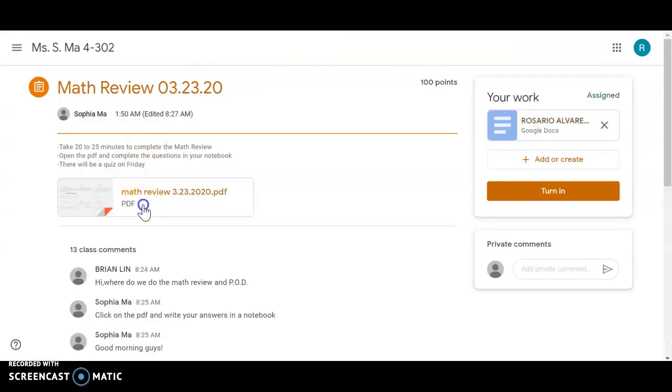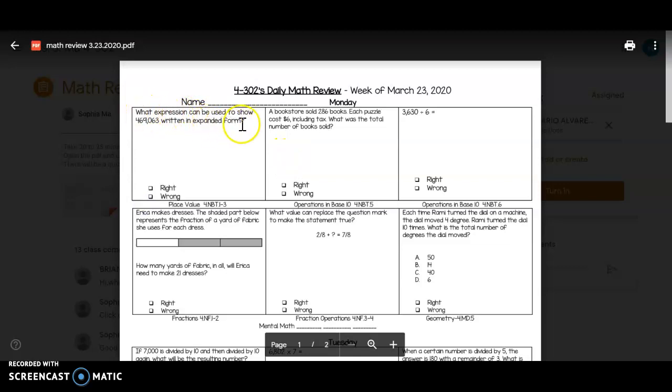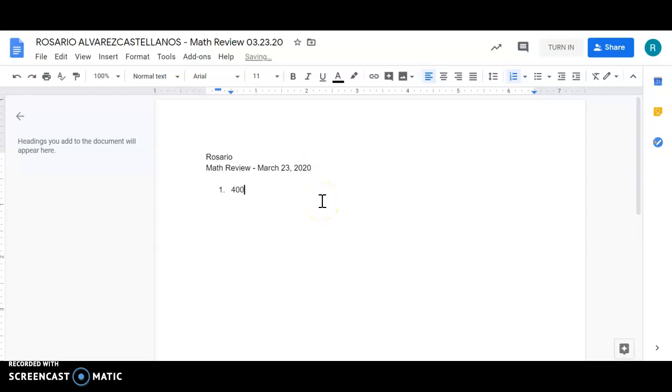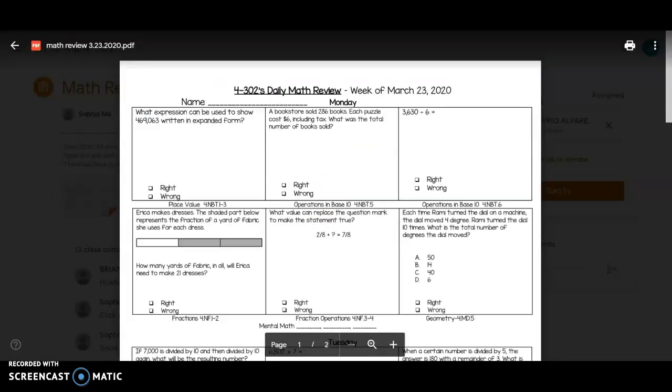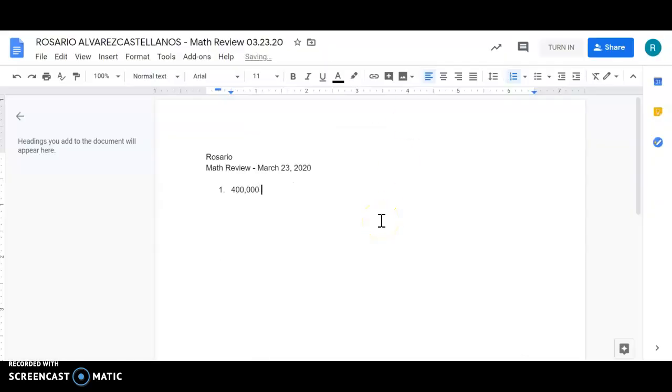So the first question is, what expression can be used to show 469,063 written in expanded form? I'm going to write that expanded form here. So plus